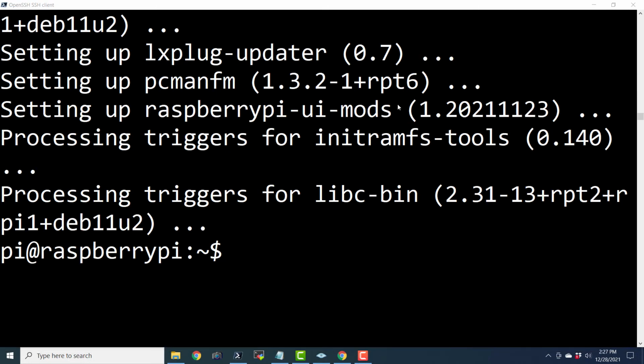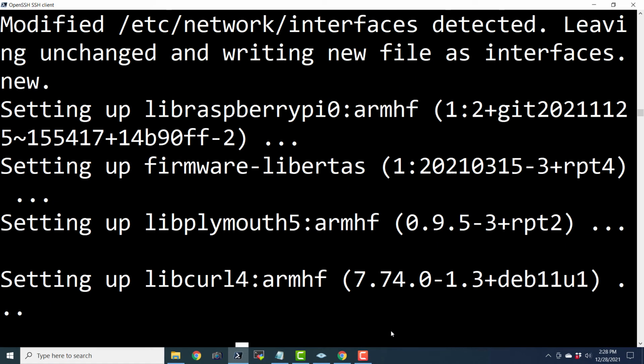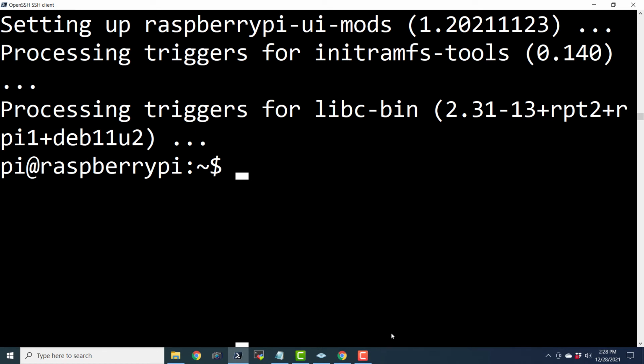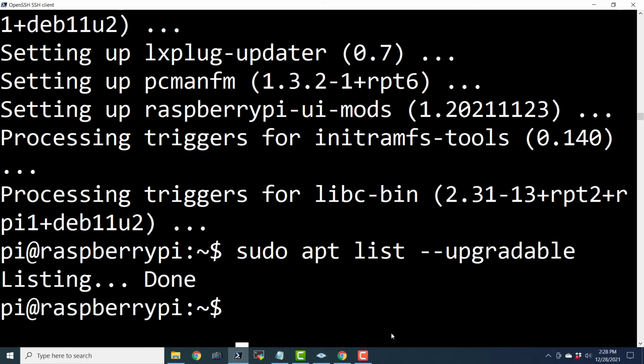So the upgrade is complete, and let us see what happened when I was gone. So it seems that it has downloaded and upgraded every necessary thing. So if I try to run the earlier commands again, we can run the earlier commands by pressing the up key on your keyboard. So if I say sudo apt list --upgradable now, it shouldn't actually return us anything. Yes. So it is not returning us anything.